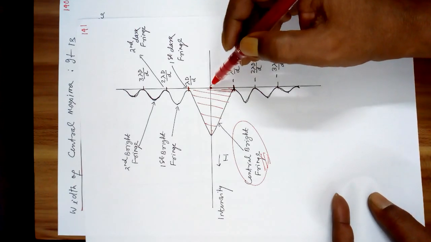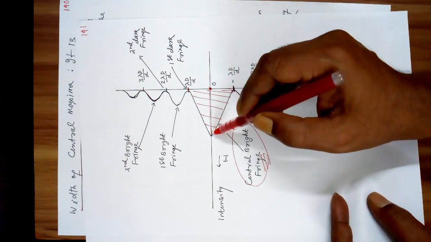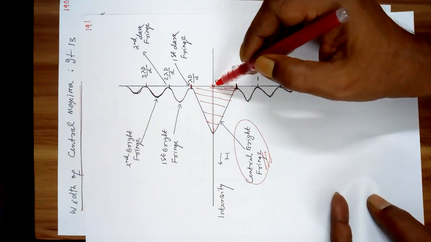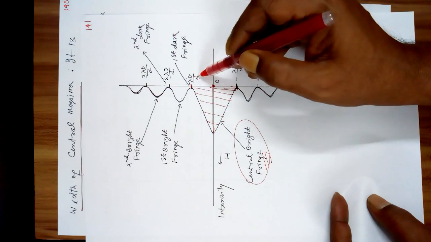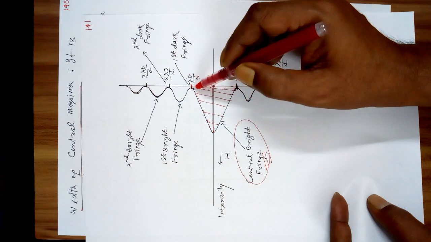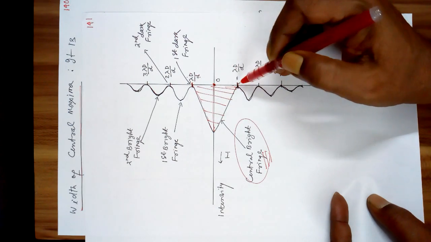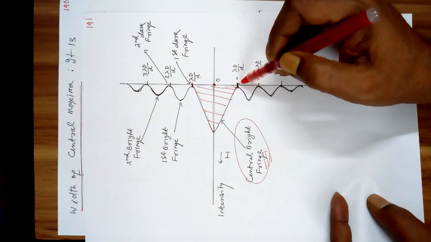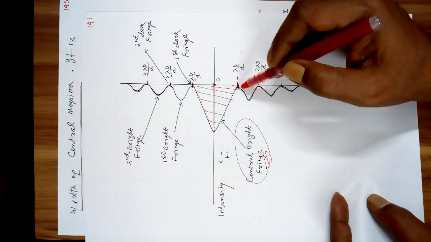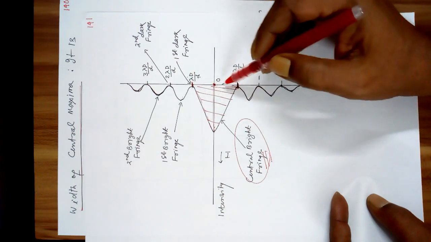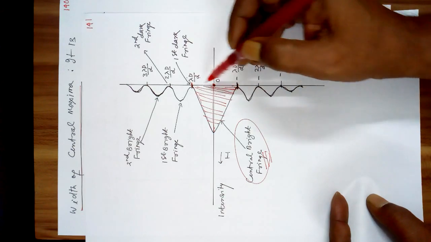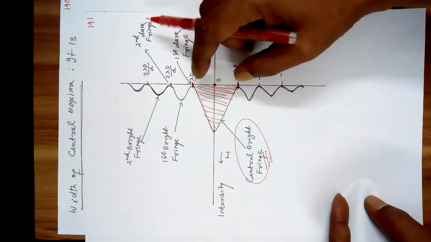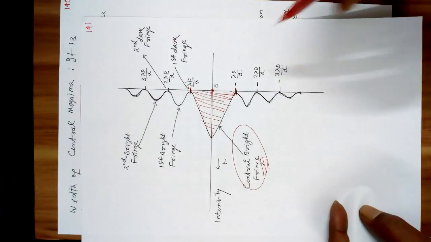This is maximum intensity. Then going from this to a distance equal to lambda D by d, the intensity gradually decreases. From here to this side, on the lower side of the screen, again the intensity decreases, it again becomes minimum. So between these 2 points, the maximum intensity is there. So from here to here is the width of this central maxima.